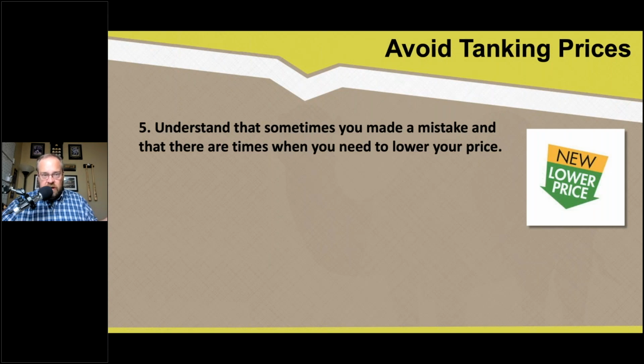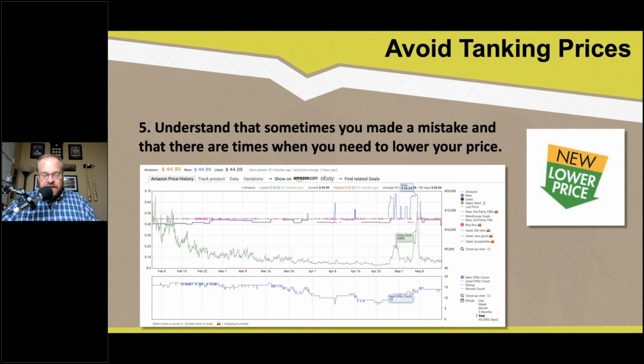No, there are some times where you need to lower your price. If you made a mistake, you might need to. Here's a time where maybe you've made a mistake. Say right here on this particular date, you sourced this item thinking that $66.64 is the usual price. It had a decent sales rank, selling for $66, $64, but out of the last year, that's what I've got